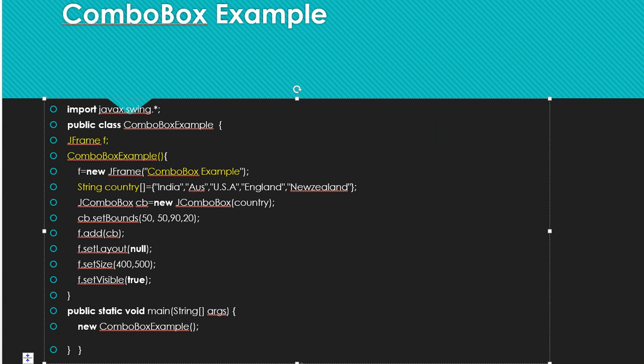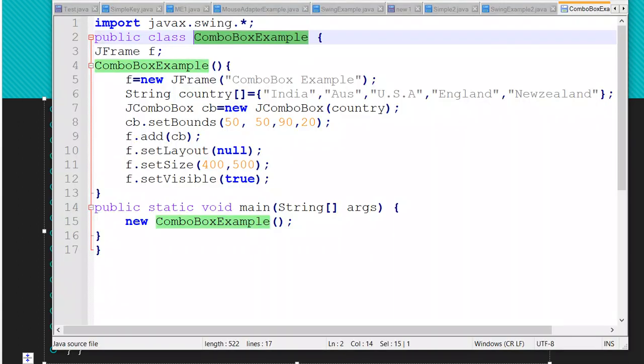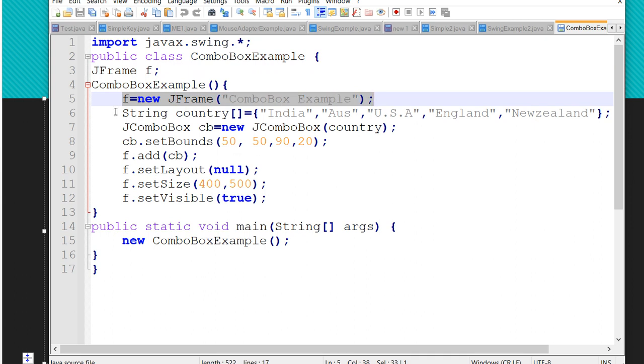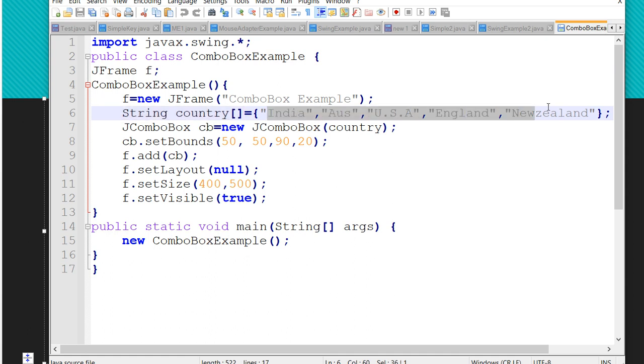I have already explained how I created the code. Now you see, the same code I have copied here. First is the package, the class declaration is there, the default constructor is there. I have created a frame and named it ComboBoxExample. I have to create an array of strings, that is country, so I am taking the array name, which is of type string. I have created the strings like this, the names of the countries.